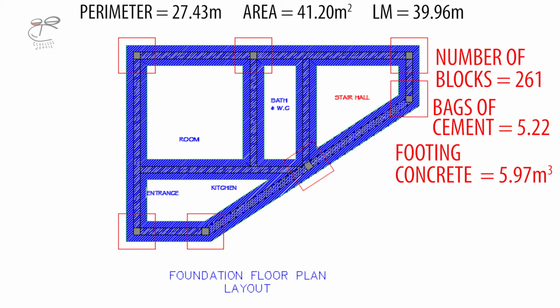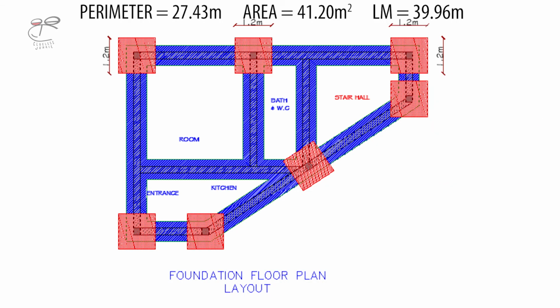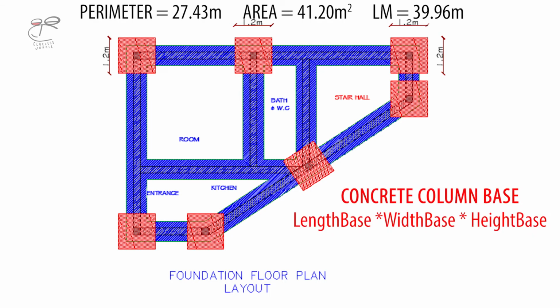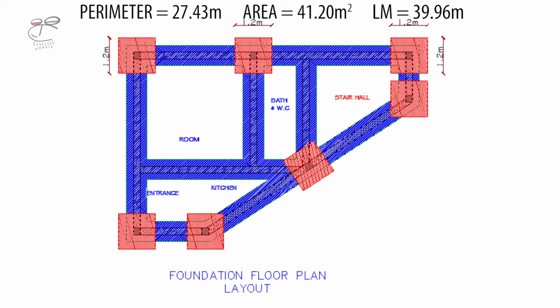It doesn't really work when you put the column footings into consideration. In that case, if we want to do the concrete that will be needed for the columns and the strip, firstly we have to do the column bases individually. Then if they are of the same size, we'll do it for one, and get the volume that will be needed for a particular column pad footing, we'll go ahead and multiply that by the number of pads we have on the plan, and then do the blue part, which is strip foundation, get the linear meter for that part, and do that separately,